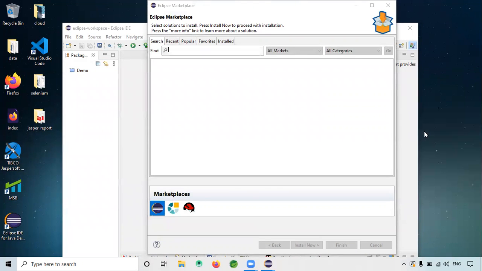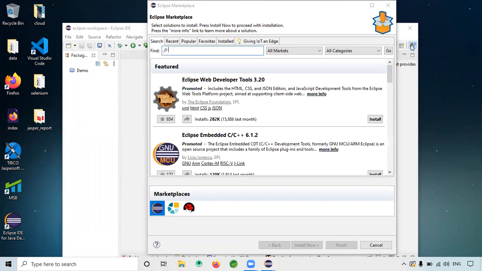I actually have TestNG integrated with my Eclipse, so if you want, you can skip this. Type TestNG and it comes up.